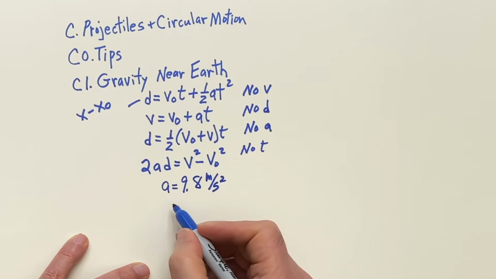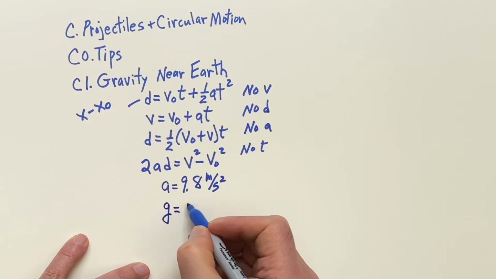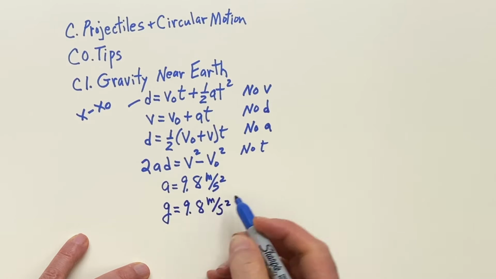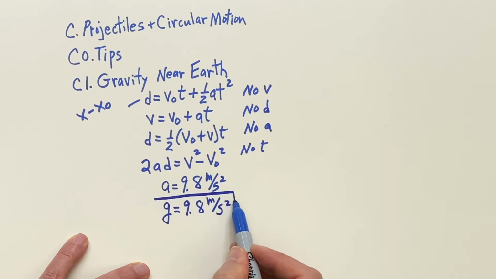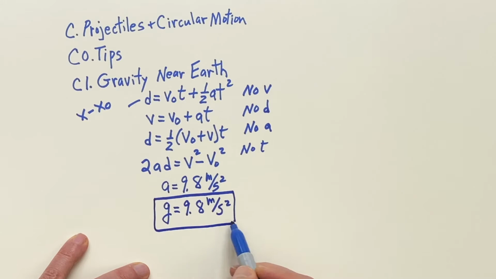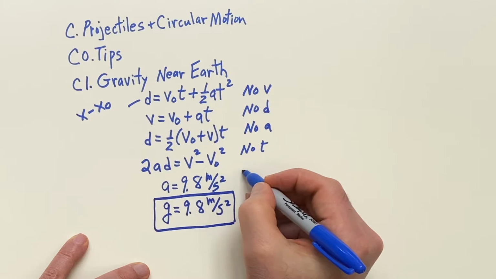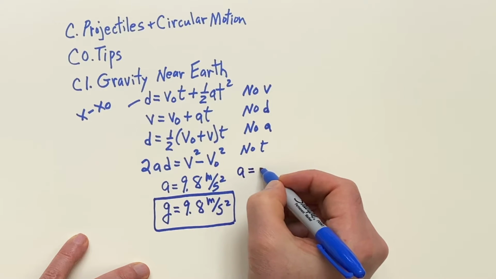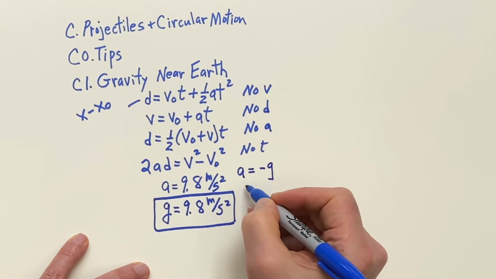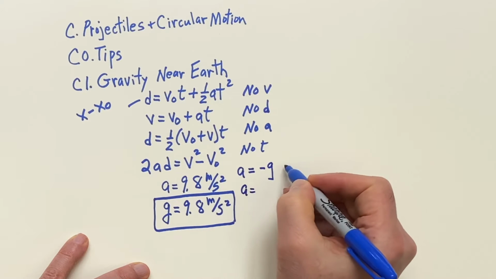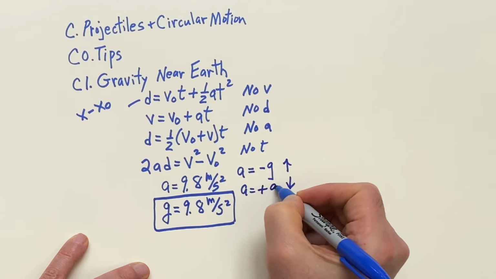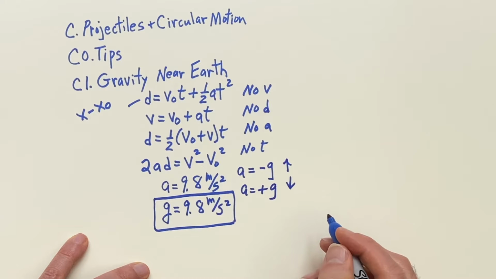And we're going to designate this with the letter G, little g. And I'm going to have little g always be positive. This one here, A, it depends. If you pick up to be positive, then you'll have a minus g. If you pick down to be positive, then you will have a plus g because you're going with the gravity,